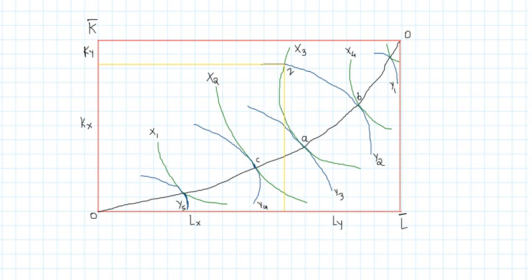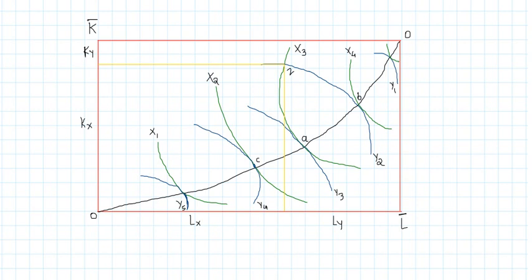So efficient production does take place inside the Edgeworth box, and in order to understand where you obtain such efficient productions, it's generally given by the points of tangencies of these isoquants. So when you join all these points of tangencies of isoquants with a common curve, that curve is known as the Edgeworth contract curve. So this black curve that you see passing by is the Edgeworth contract curve.